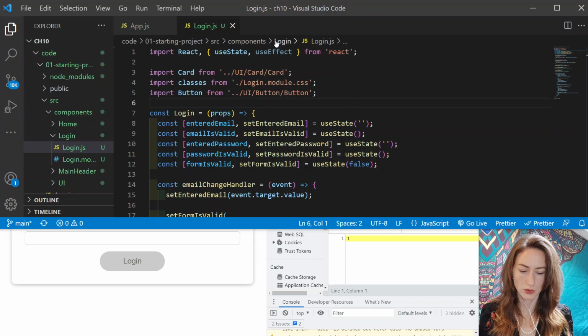So we're going to put the set form is valid in there. So set form is valid, yeah. Yeah, so he just moved this in here, and then we just changed the event.target.value because we don't have the event anymore because we were passing the event through from a change handler. So instead we'll do if the entered email